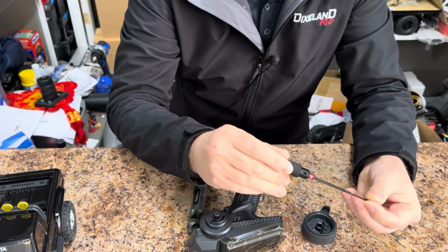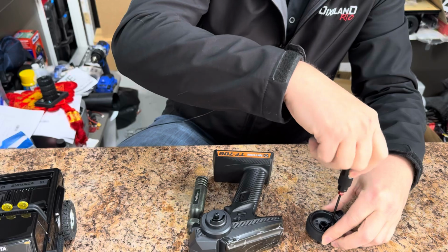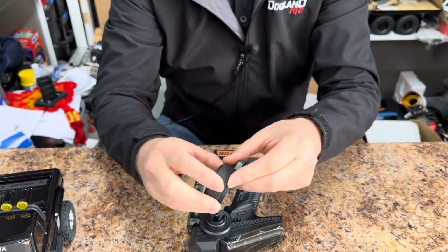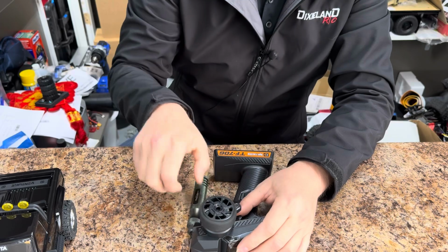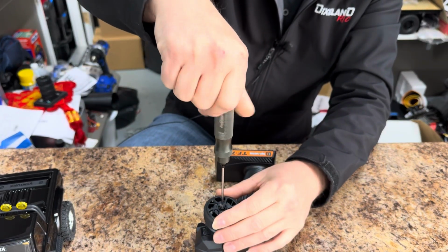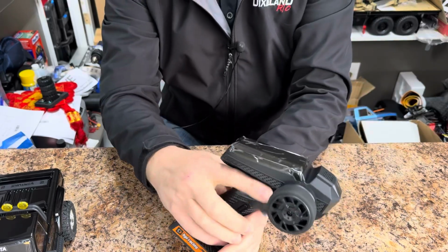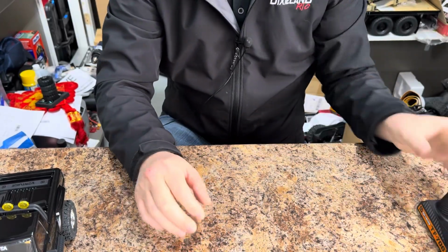Why they didn't just put this on there, I don't know, but it might have been an afterthought. Easy for that to go in there. Just screws in there just like that. So now you got a thumb control. This, again, will only go on here one way. Throw said screw back into it. Tighten it down. Don't go He-Man on it, but now you've got a thumb control. I might be able to do some one-handed. Also,